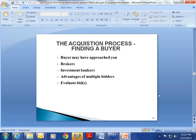If you're fortunate, you'll have multiple people bidding on your practice, because that will enable you to get the best possible price. Part of the process is then evaluating any bids that you get. And it's not always that the best deal is the highest purchase price. If you're in a situation where you're selling your practice, but